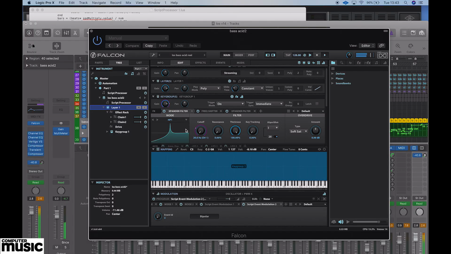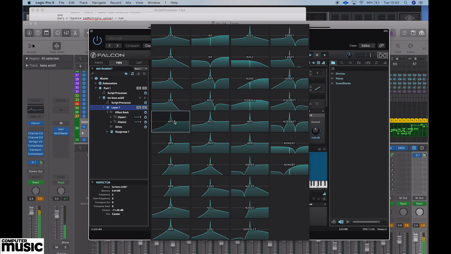The other great thing about Falcon is the filter modes. It uses the filters from the Matrix 12, which is a classic Oberheim synth, and you've got this amazing collection of filter shapes. So you've got multiple types of low pass, multiple types of high pass. You've got band passes and notch filters, but you've also got these all passes, which